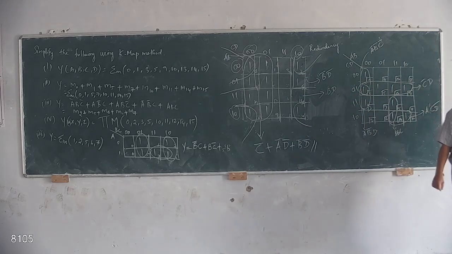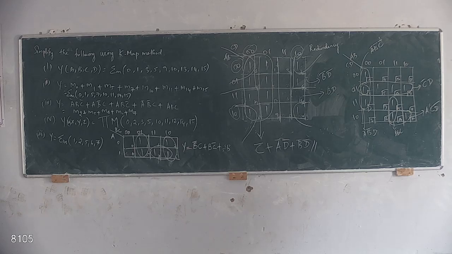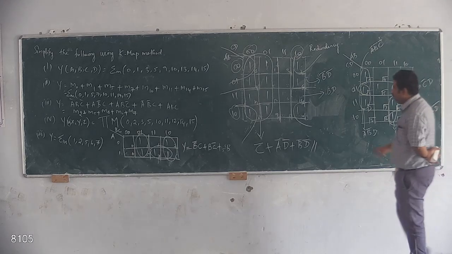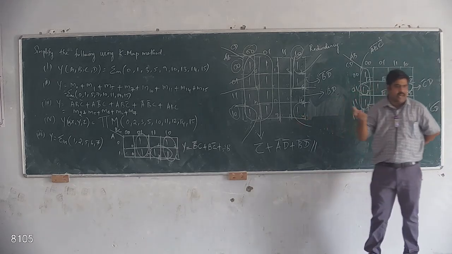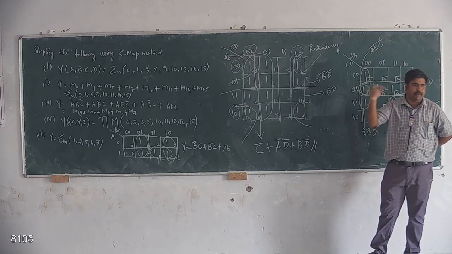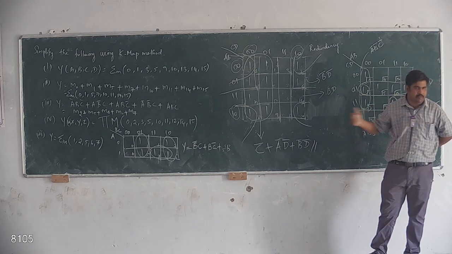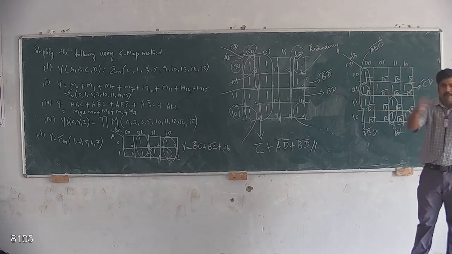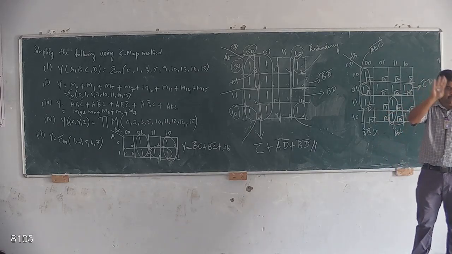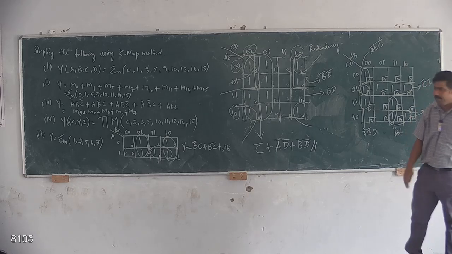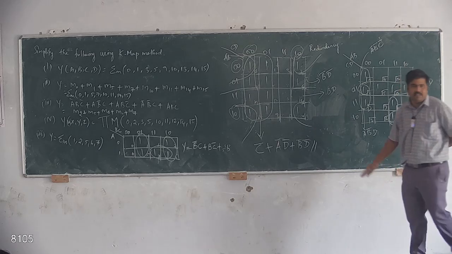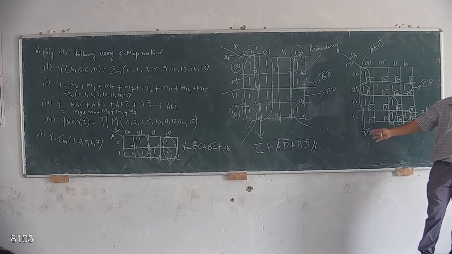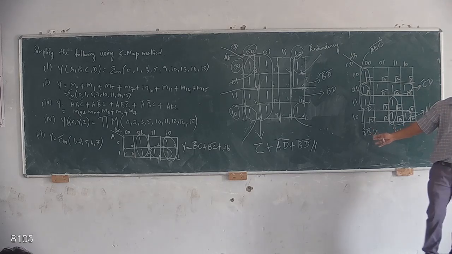Is it clear? Any doubt in this? If one alone is there, don't think that it should not combine with any other one. Even if it is already combined, we can combine with that. That is the rule. If there is no combination, then we have to combine that one separately. So is everyone getting this answer? Any different answers?